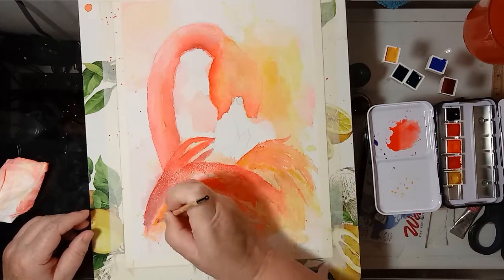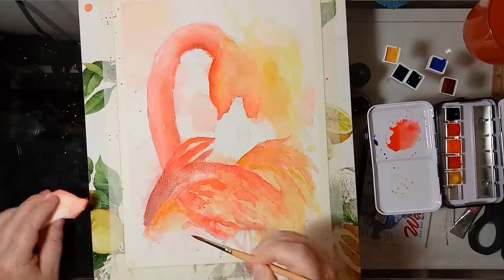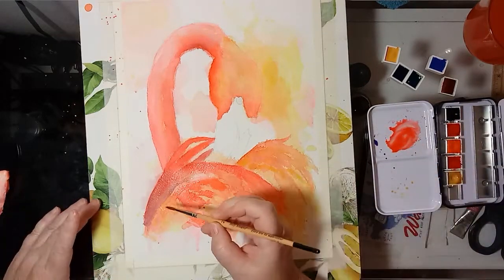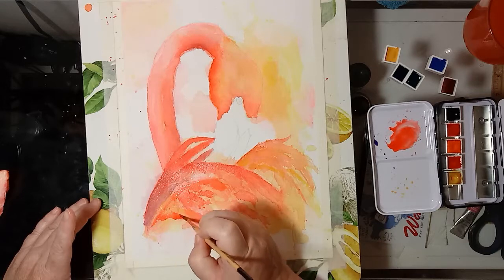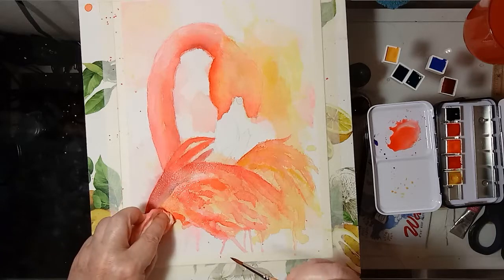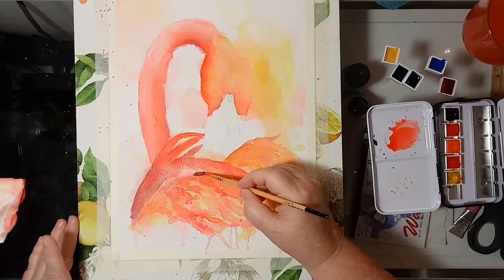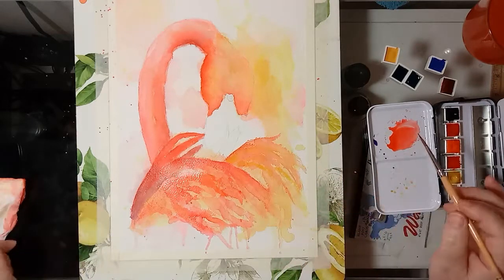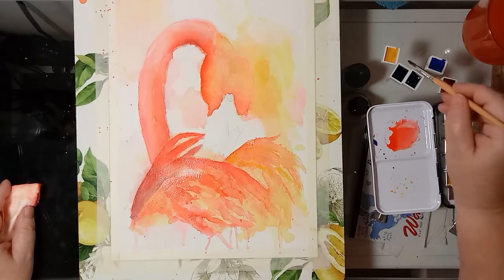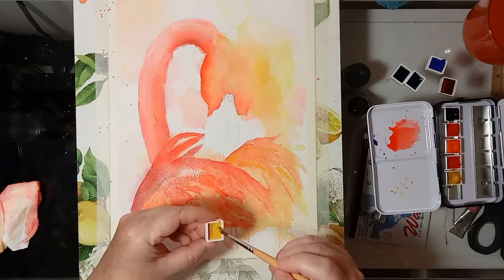Put a little bit of yellow over here. Get some of that out. There. I think we've got this going pretty nicely here. And I want to define this just a little bit of the yellow, and I think I'm going to use